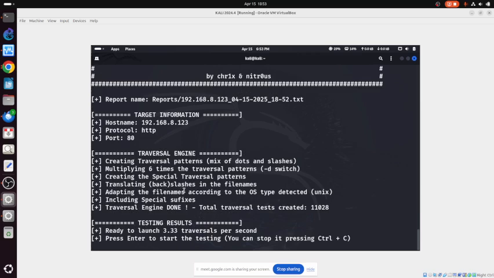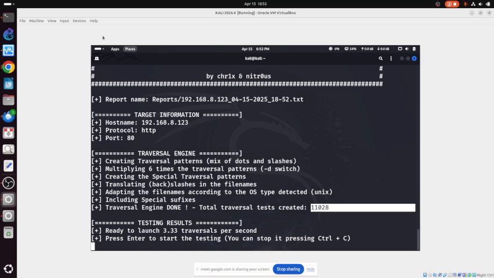Then it will evaluate. It will start traversing your website, and then it will create and launch the attack here. After it finishes, it will give you the report. So it's very automatic using this one.